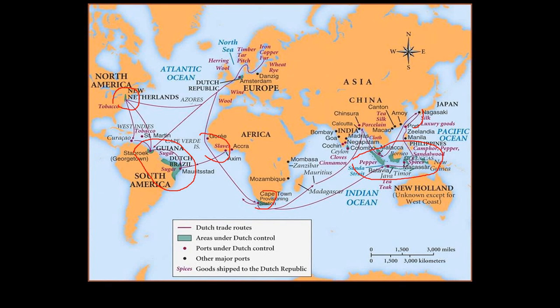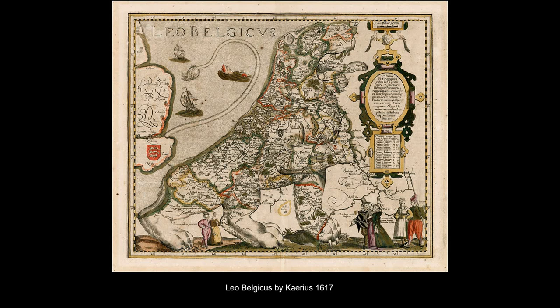So for about 70 to 80 years, it was the great maritime power. And this power was based on mercantilism, large shipping networks. And this elevated the middle class and the merchant class. And it also elevated nationalism and pride. This is a very common scene that you see from the time period. This is the region of the Netherlands, but imagined as this roaring, triumphant lion that you can see here.